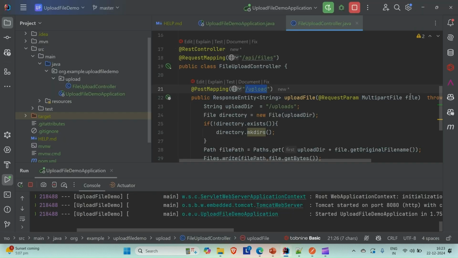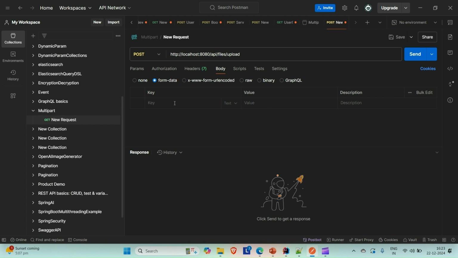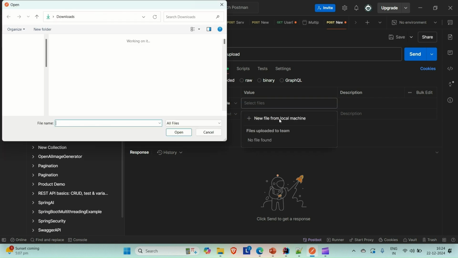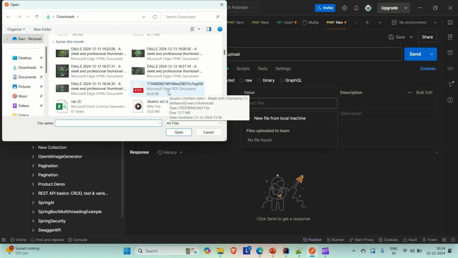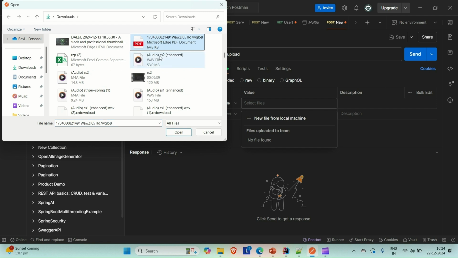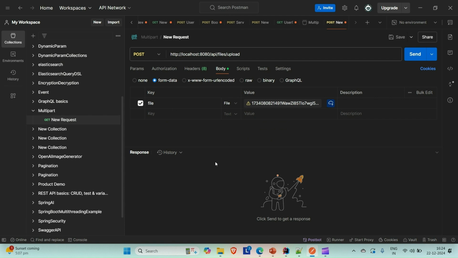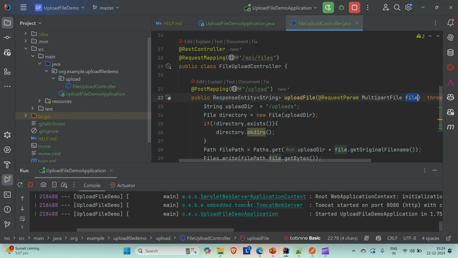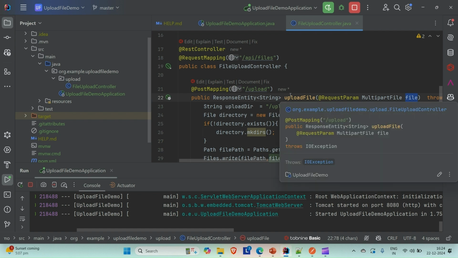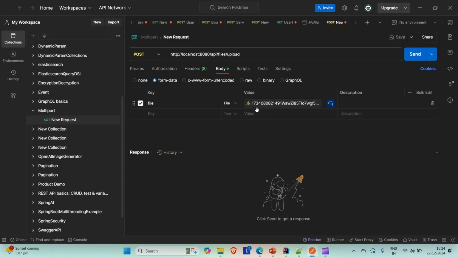So if you come here, you can see this is the thing. Just copy this file, paste it here in the key, and then if you find this option, you can see that you can either pass the file as a text or file. Select the file, and here you have to choose the file. So you can see new file from the local machine, just select this one and go down. I'm just going to upload this PDF. Okay, so just open this up and we are good. Our application is locally up, and we also have the API ready, and we have this file also to be uploaded. Okay, now just hit it,